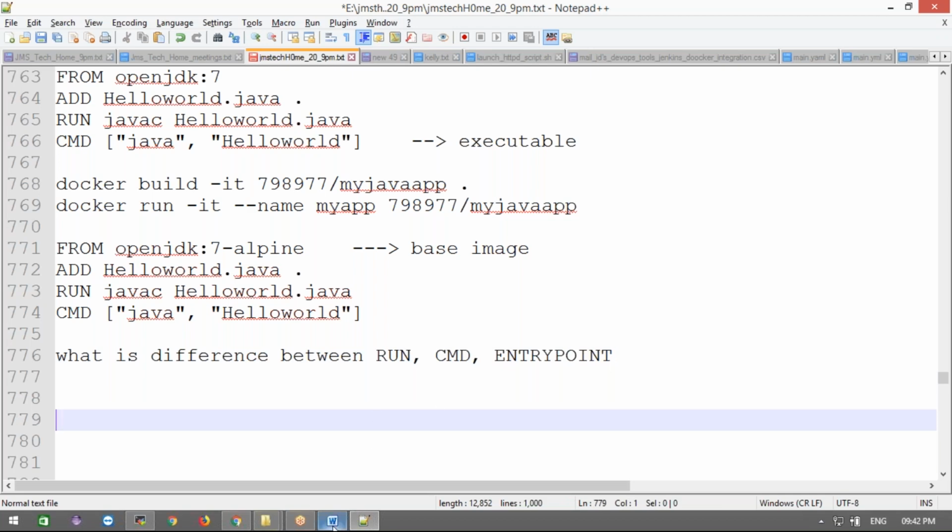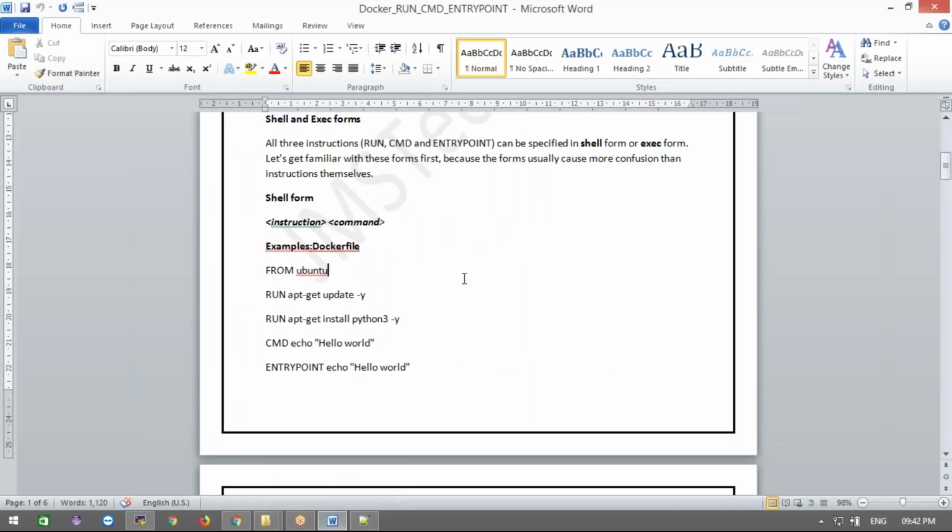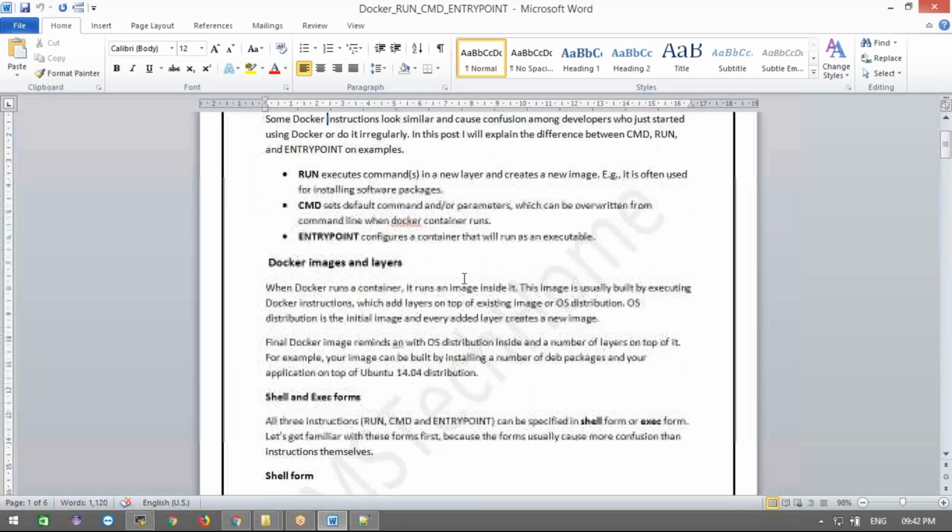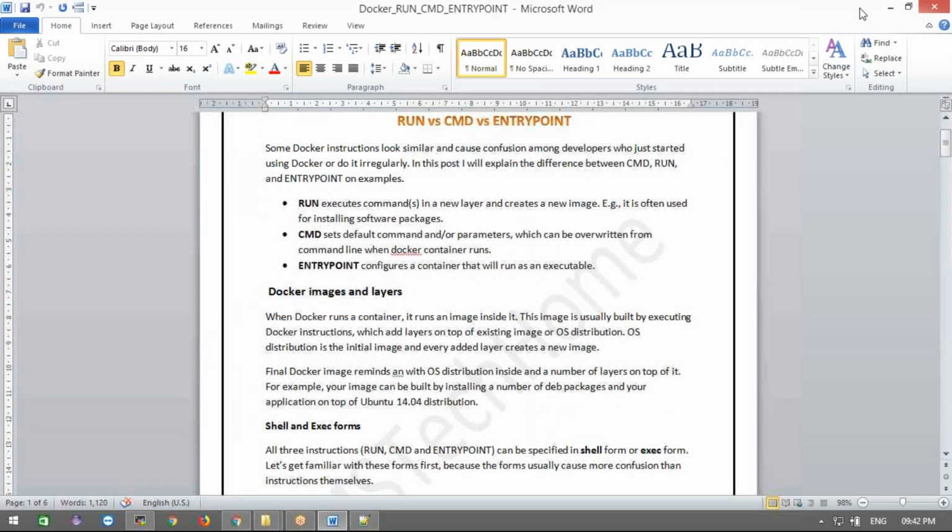Now, I have written one document for this, and let me show you. See, for naming convention purposes, RUN, CMD and ENTRYPOINT look the same, right?